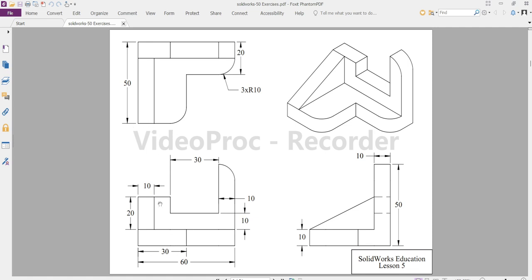So here the distance is 30, from here to here 30. Okay, and this is 20. So we need to make a line 30, 20, no, 30 from here, 20 from here. Okay, then this portion is